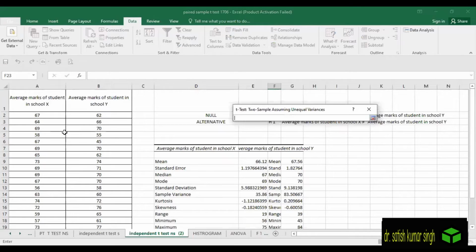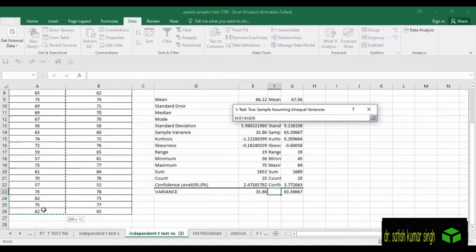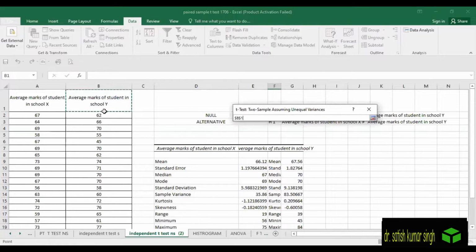It is asking for input range 1. Take the input range for the first sample. Here it is. Take the second. Here it is.